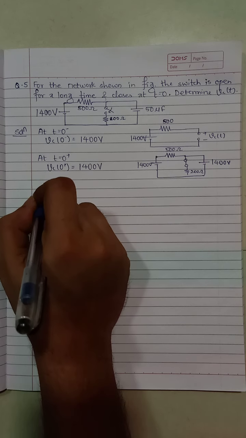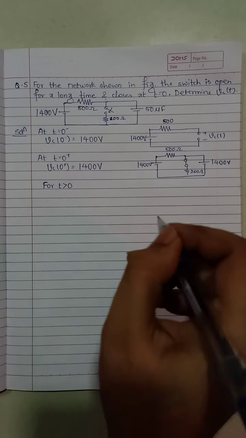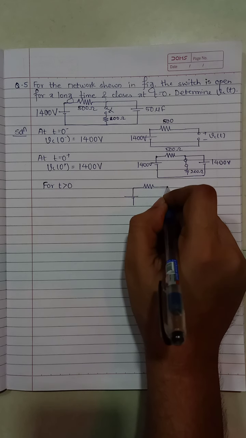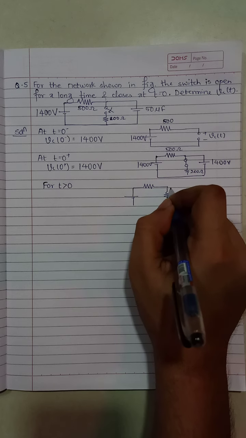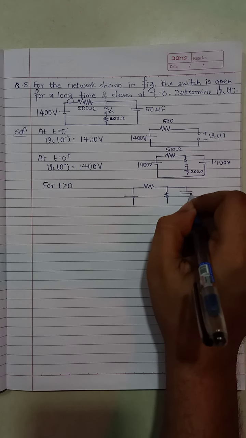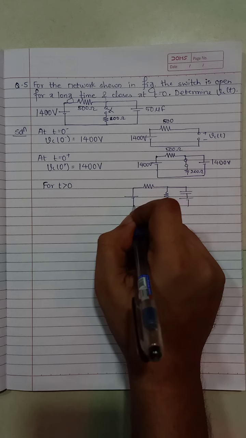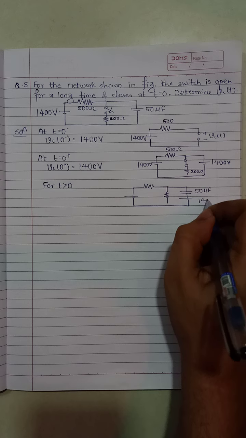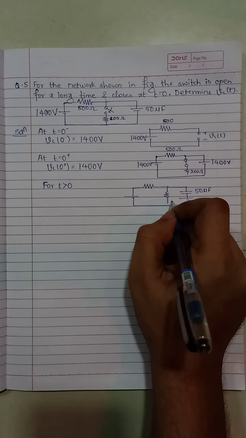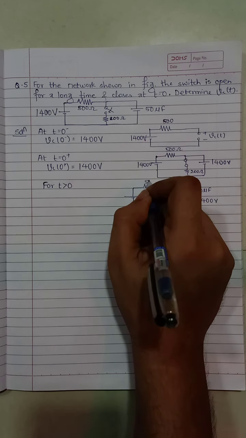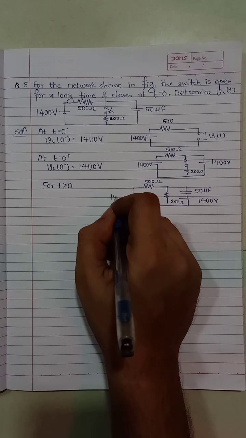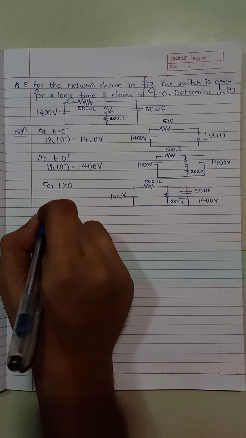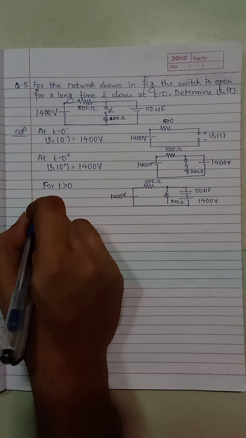Now for t greater than 0, the switch will be closed, so we'll have resistance, then the capacitor, and then the voltage source. So this is 50 microfarad, 1400 volts, 200 ohms, 500 ohms, 1400 volts. So now applying KCL at this point,